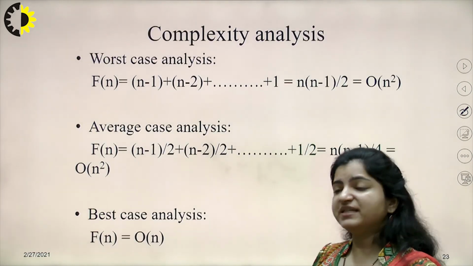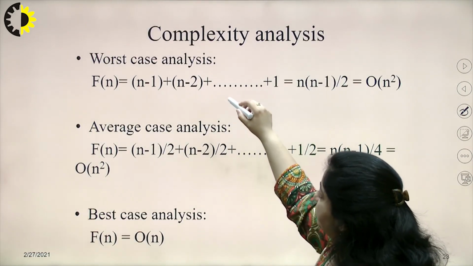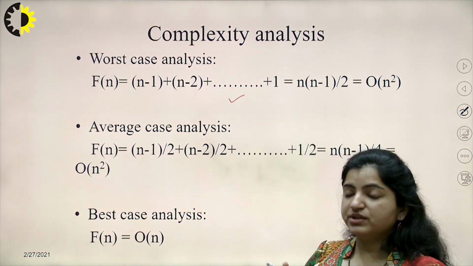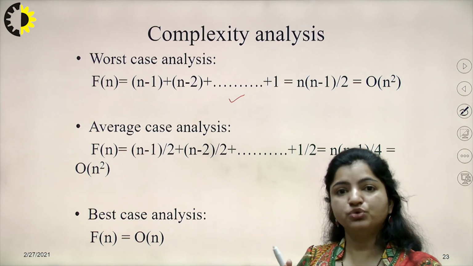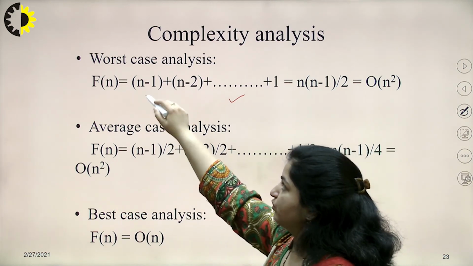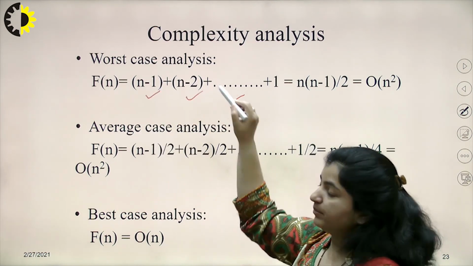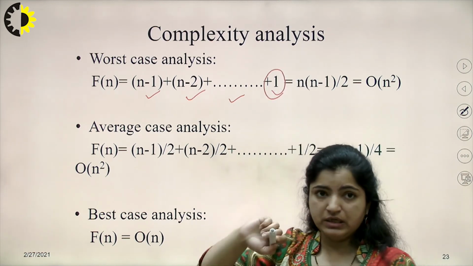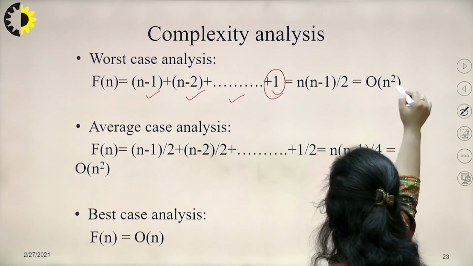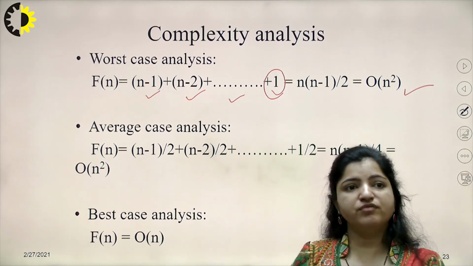In terms of complexity analysis, we will be having a worst case analysis, because in the very first step the number of comparisons is reduced to n minus 1, as I told you in pass 1. In pass 2 we have to do n minus 2 comparisons, and so on. The number of comparisons will reduce to 1, fine. So when I solve it, I will get the complexity big O of n square.